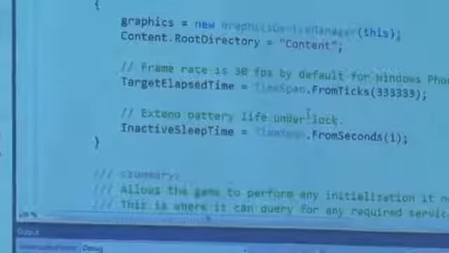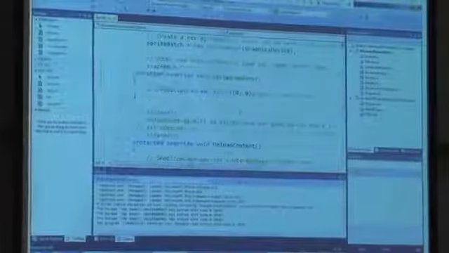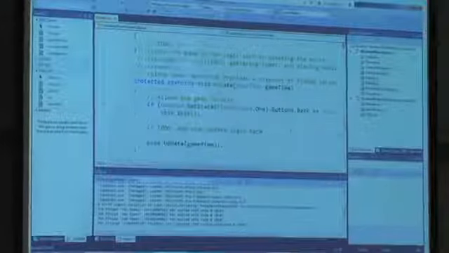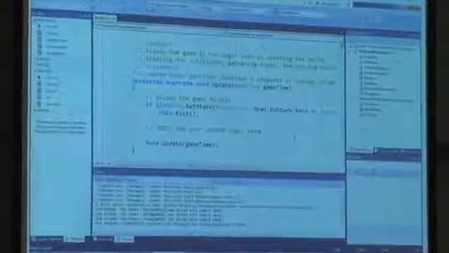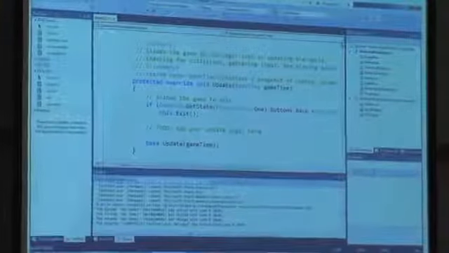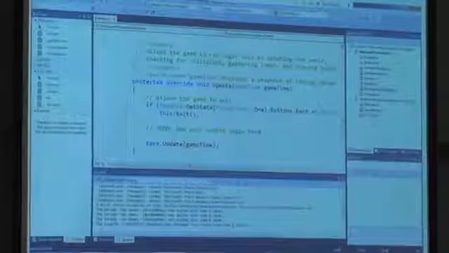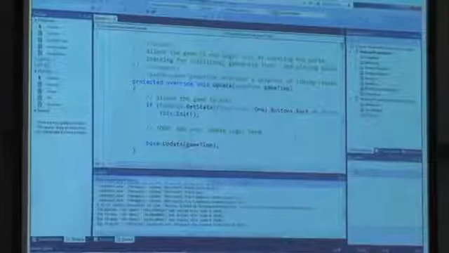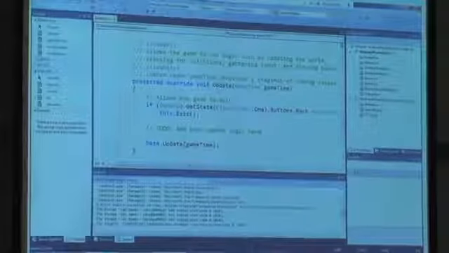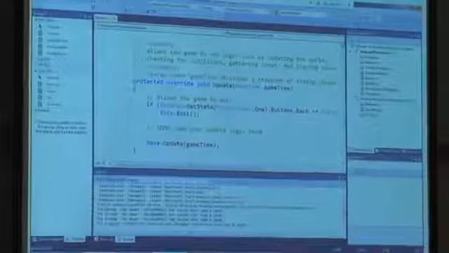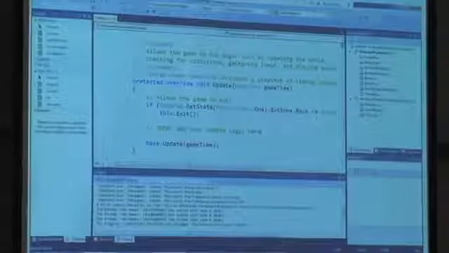So then what we're going to do is in the update loop, this is where the game universe updates, but it's not involving drawing. So this is where we figure out how much movement needs to go on the screen, where a character is, if a character's dead, that sort of thing. So here we're going to say that the ship position is increased by the ship speed